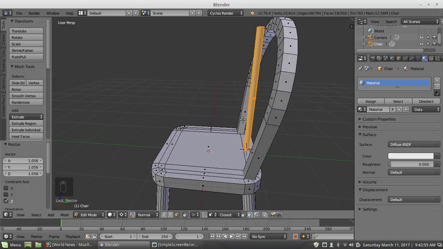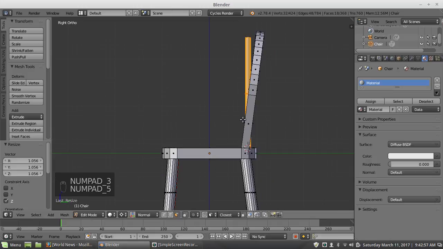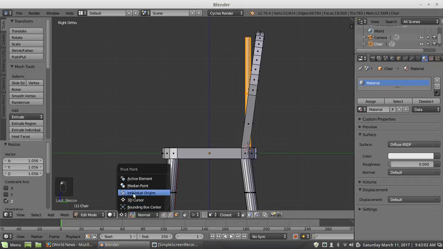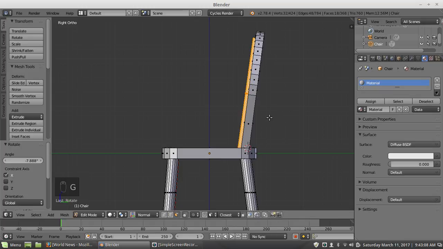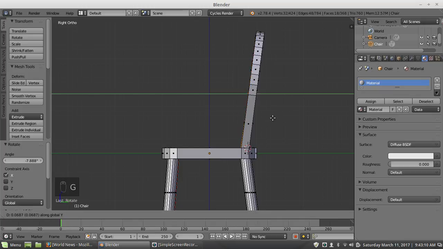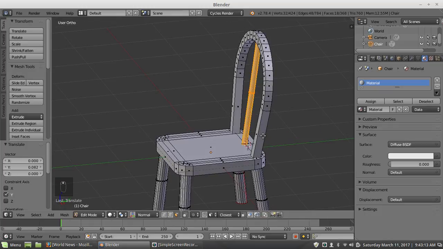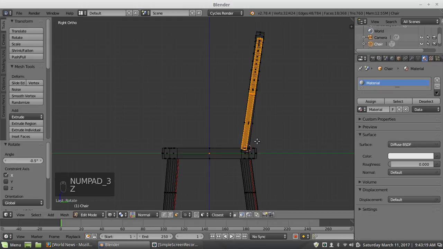I'm going to rotate X. I'll do it at the medium point. It's close enough.